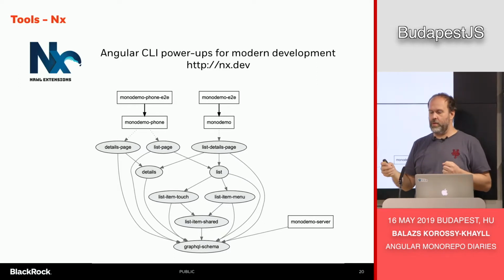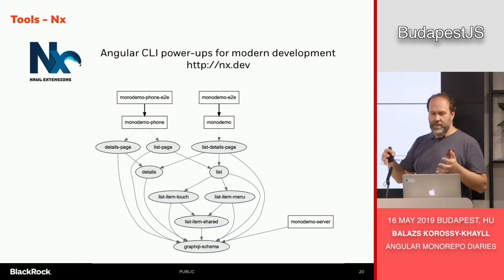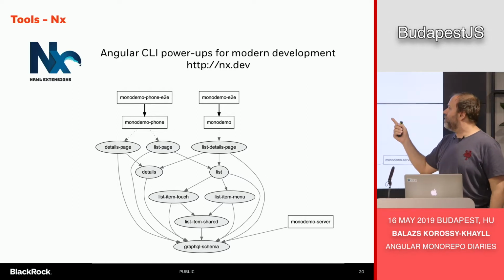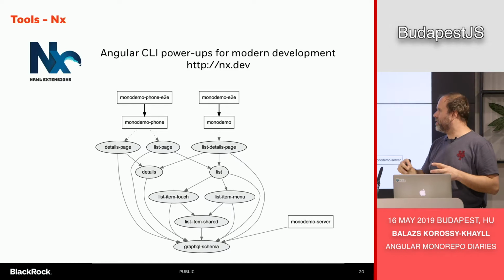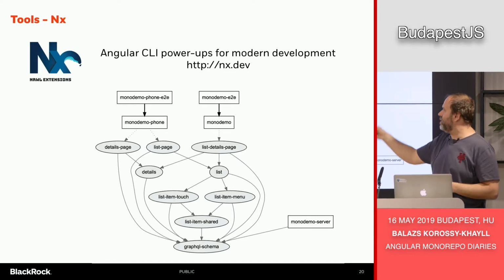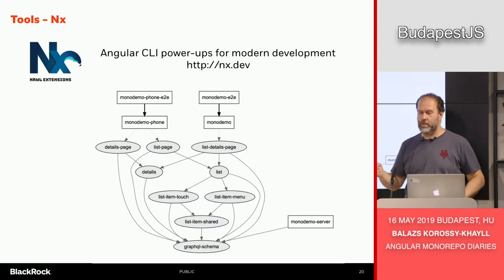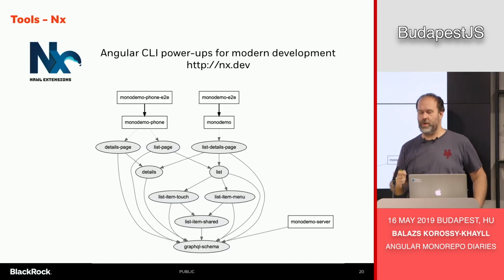For example, if you have a pull request, you can use the NX tool to figure out what it needs to test and rebuild. And you don't have to have separate continuous integration processes for every application. You just have one, and the tool figures out what to do for you. So it can also do parallel builds. So if you need to rebuild multiple applications, it can do it much faster.